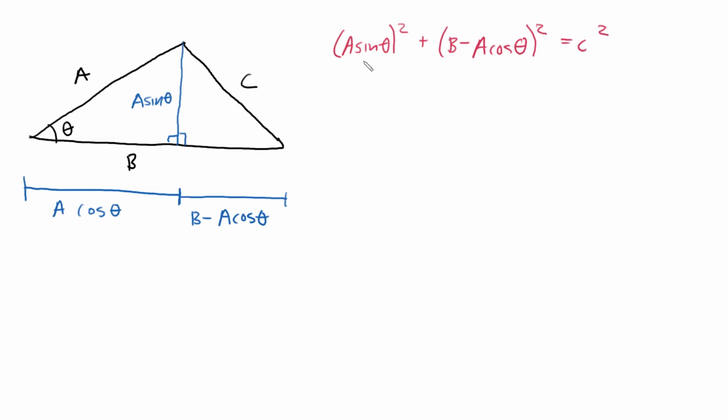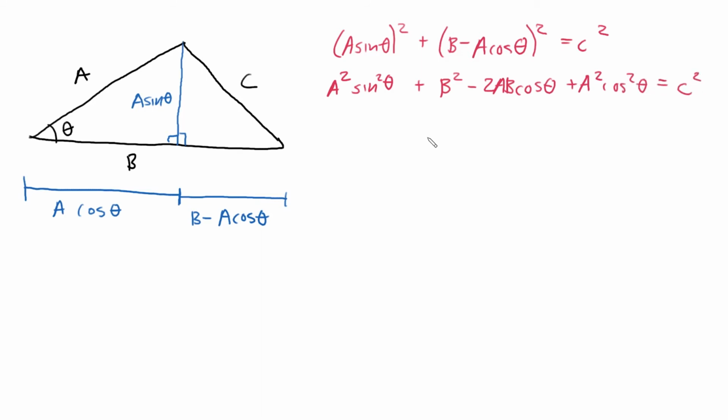So we're going to distribute and simplify this. So a squared sine squared theta plus b squared minus 2ab cosine theta plus a squared cosine squared theta equals